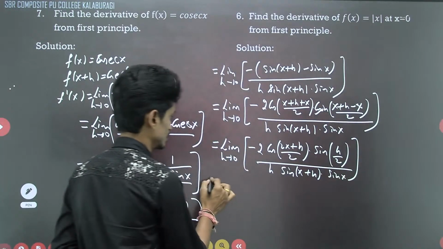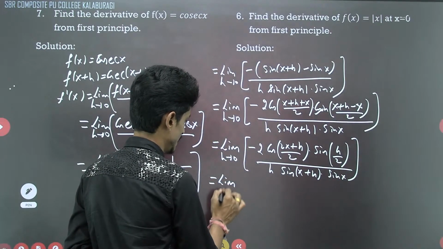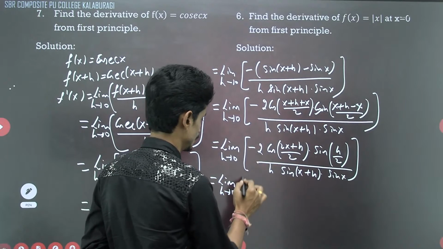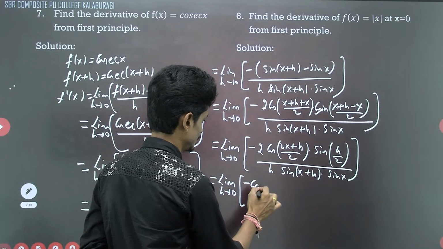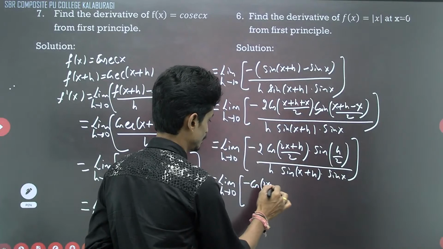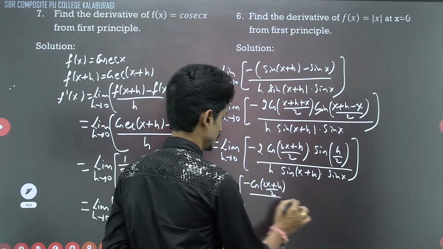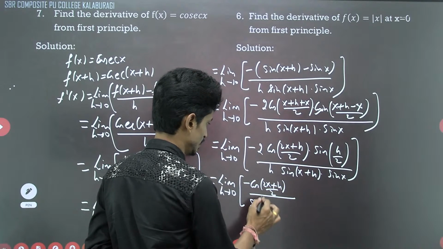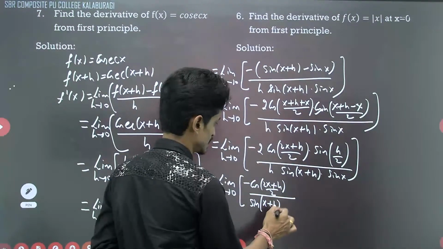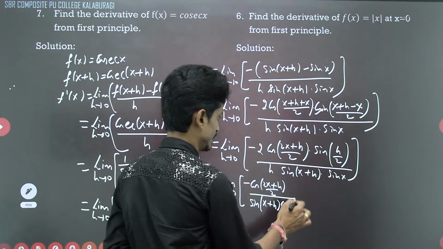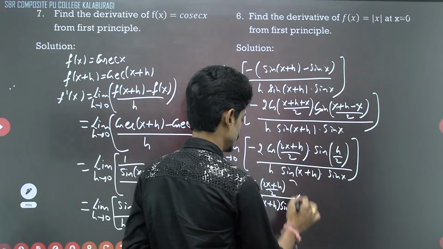Now arranging that, limit as h tending to 0, what is this value? Minus cos of (2x plus h) divided by 2. Clear? Divided by sine of (x plus h) into sine x, into